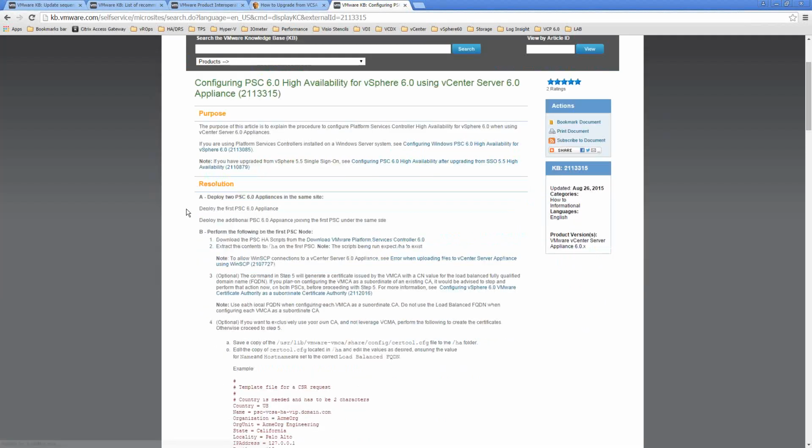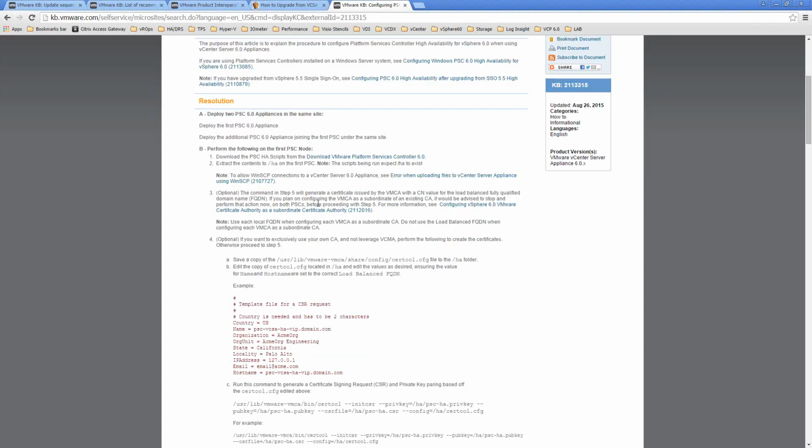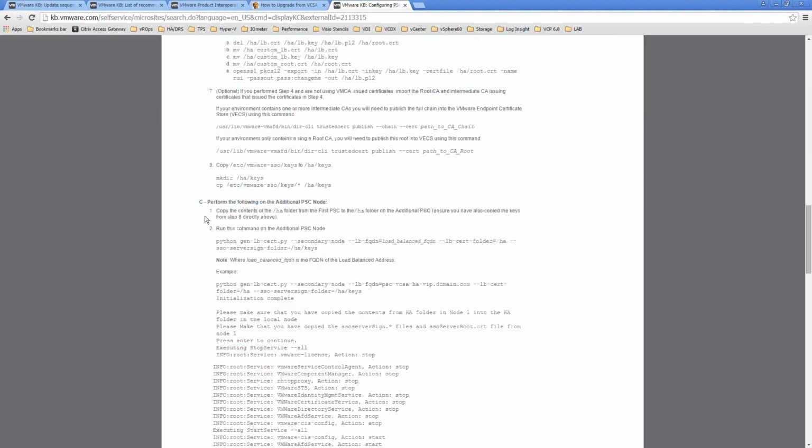Basically what you do is you deploy the first PSC, and then you deploy the second PSC under the same site. When you upgrade to PSC, it prompts you for a site. Those sites don't matter much if you've got a simple install when you're a tiny shop. When you're larger, that's when it matters. And run through this whole step. It's quite involved, as you say. Like I said, you've got to make sure that you configure a compatible load balancer. Your F5s and your NetScalers are definitely supported here.